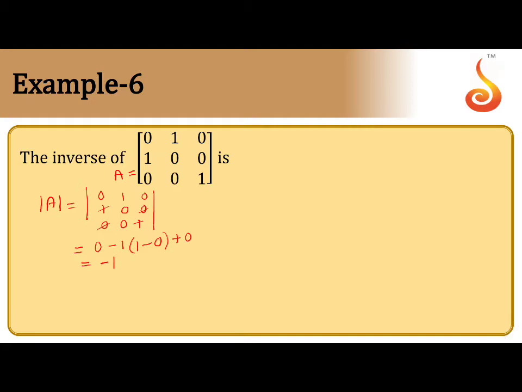Next we need to find the adjoint. To find the adjoint we need to find the cofactor matrix. For that, one short way of finding the cofactor matrix: starting from the middle element 0, next 0, 1, again 0, next 0 1 0 0 0 1 0 0, next 1 0 0 1 1 0, 0 1, and again repeat the top row 0 0 1 0. Now we get the cofactor matrix of A.